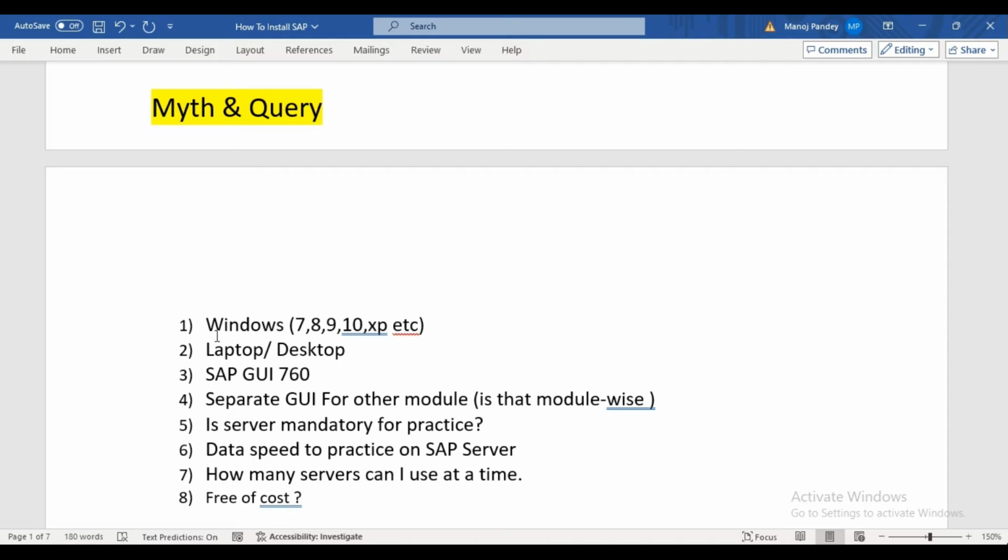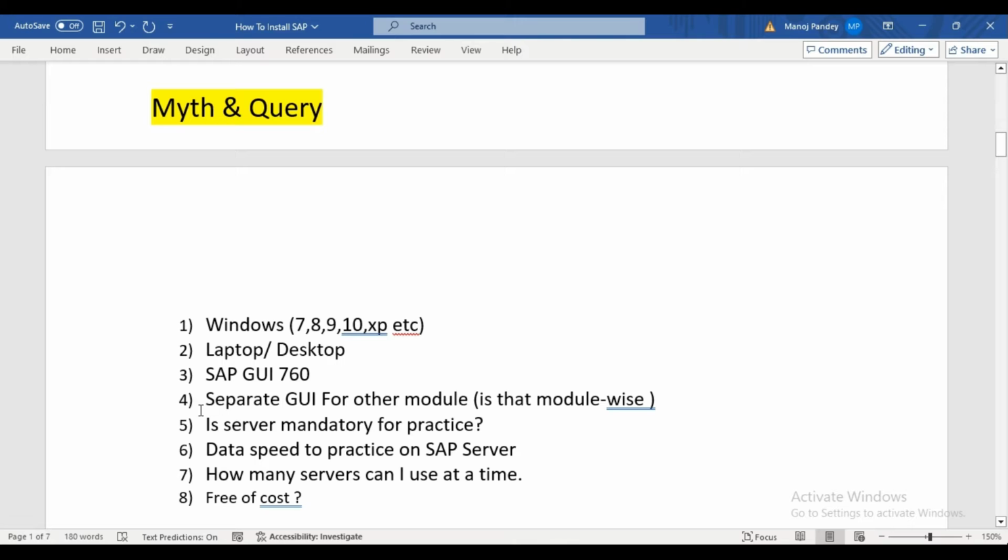After every one or two years, SAP used to release a new version. So if you already have SAP GUI 740, there's no need to uninstall that and install 760 again. In this tutorial video, we are going to install the SAP GUI 760 release, right?